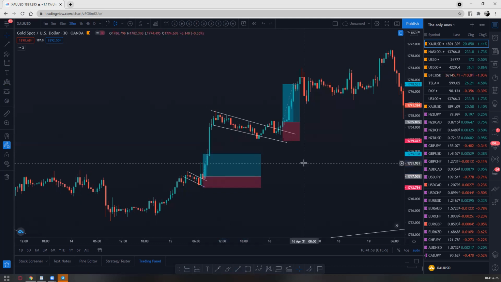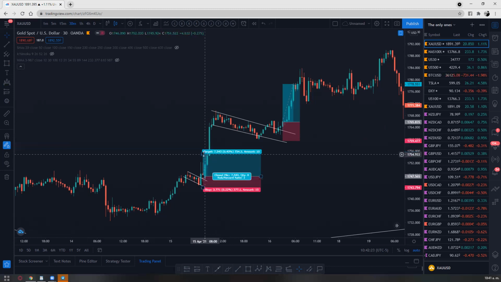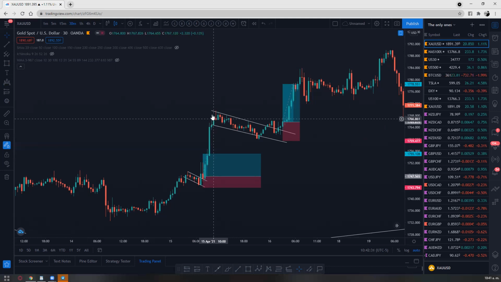Now this is where and why I decided to start to implement my indicators on my trading strategy, because the indicators that I use help me find out when I should be getting out. If I'm trading this way, when should I be getting out of the trend? Because I got out here and I was like, oh shit. The price kept going up. I'm so stupid. Why would I get out here? I should have held it for a little bit longer and I would have made double or triple.